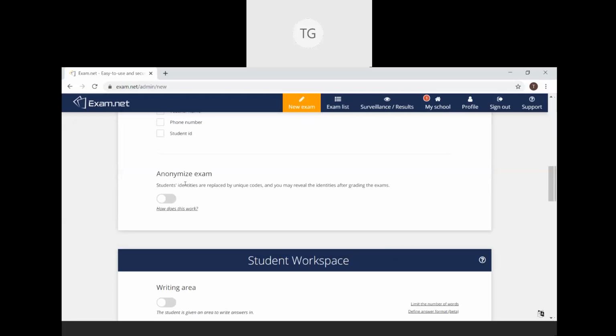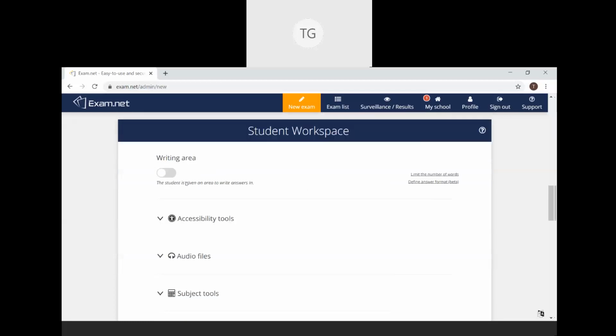Then there is this option of an anonymize exam. If you want to mask student identity while taking up an exam, right? We have this case in our internal examinations wherein we ask the student to just write enrollment number. We want a blinded answer script. We don't want to see which student has given what answer, because we don't want the teacher to be partial. So if you have such a scenario, then you can also anonymize the exam. So do not ask for any details from the student. The student just needs to have an exam key. He will submit the exam and you will get a report that, okay, this user has submitted this exam.